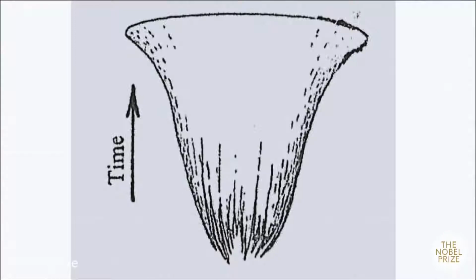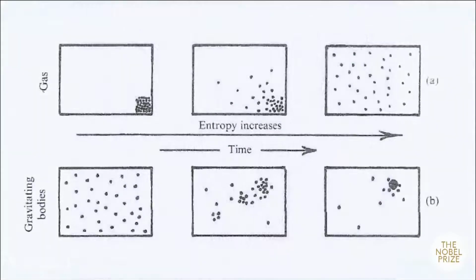Now, this is connected with another problem, which is the problem of the second law of thermodynamics. Now, let me describe the picture of the second law of thermodynamics. People often talk about a gas in a box. So in the top three pictures, on the left-hand side, we see a gas tucked up into the corner in a little box. You open the box, and it spreads out through the big box. As the gas spreads out, it gets more and more uniform. The entropy, or the randomness, increases in accordance with the second law.